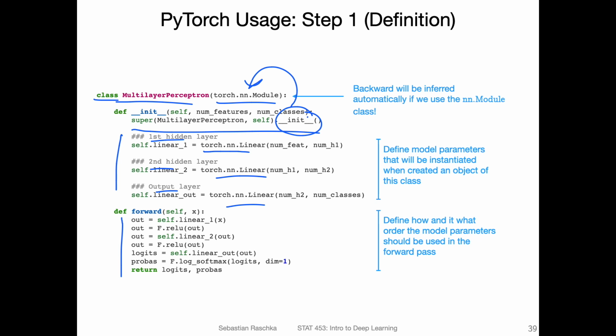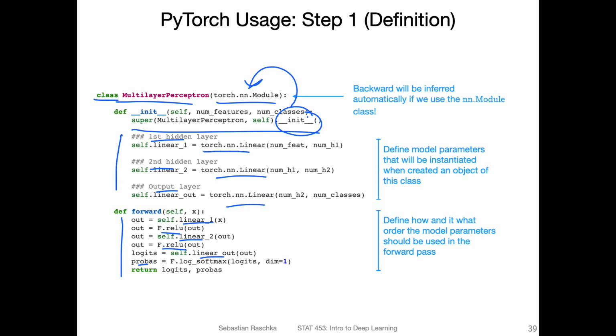Here, the input to the forward method is just a data input that will be provided during training. And then we define how the computation works. In this case, this is a network where we first compute the net input, then we use the ReLU function. We discussed the ReLU function earlier in this lecture. Then we have another fully connected layer, net input, then another ReLU, and then the output, and then we also compute probabilities for the output.